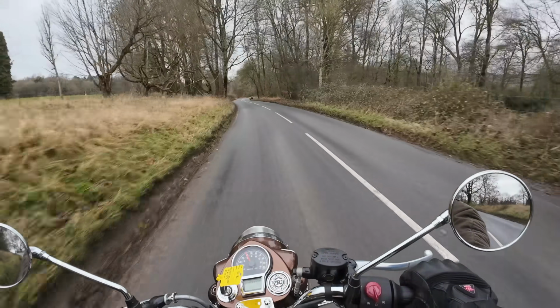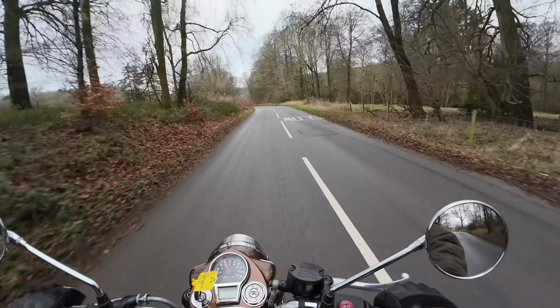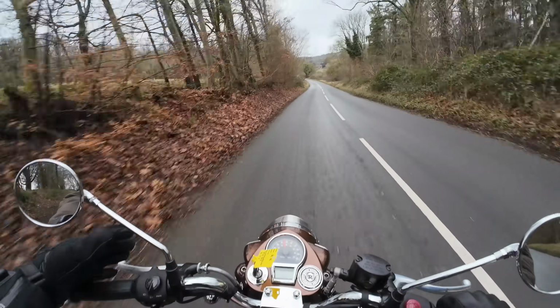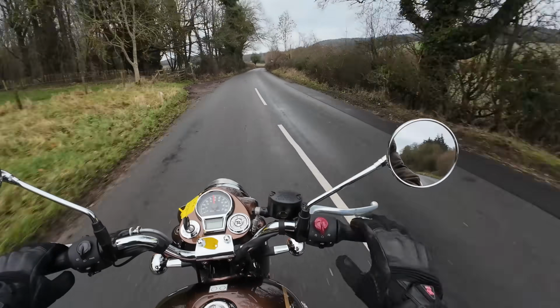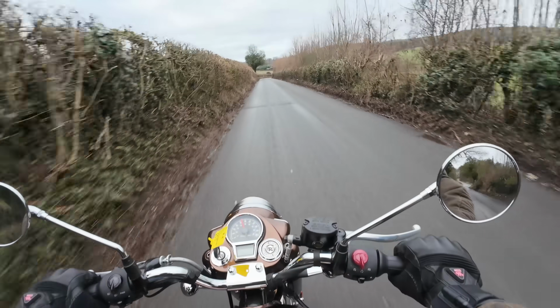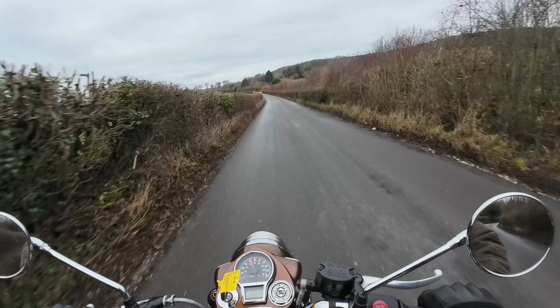And the thing is, these don't feel trumpery at all. This feels completely solid on the road. The engine sounds nice. The fit and finish on it is lovely. You know, when you use the clutch, it feels quality. The gearbox changes nicely. There's just nothing about this bike, really, that I don't like, even if it costs twice that money. So yeah, really thrilled to be back on the Classic 350,